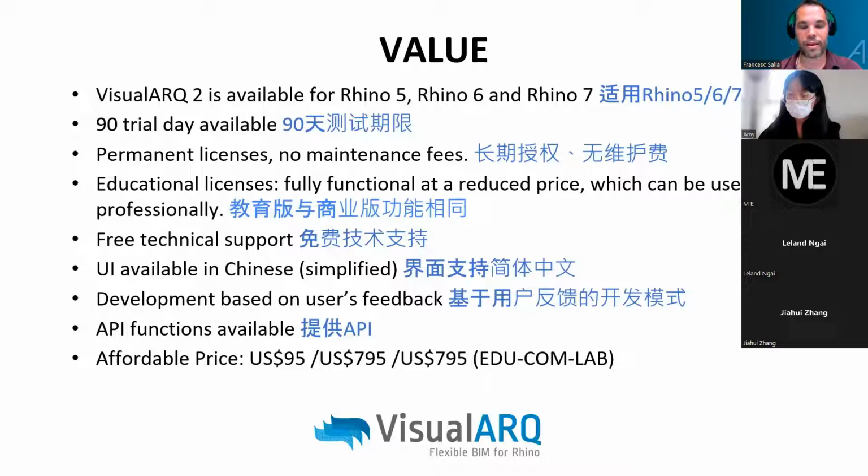Okay, so we are always very open to receive feedback and develop VisualARQ accordingly. 那下面的这几项呢，其实是VisualARQ 的一些价值，包括它适用于 Rhino 5、6、7版本，同时呢有90天的测试期限，长期授权，没有维护费。那教育版呢和商业版的功能是一样的。另外一个就是它的技术支持是免费的，同时还有中文版的这个界面。另外一个是基于用户反馈的一个开发模式，而且还提供API。那价格呢如果有相关的问题，可以直接咨询我们的销售。